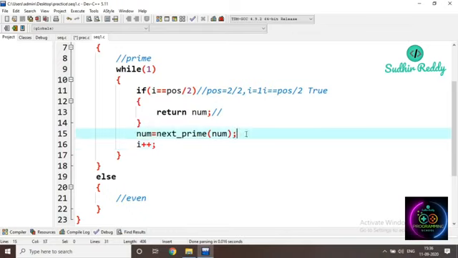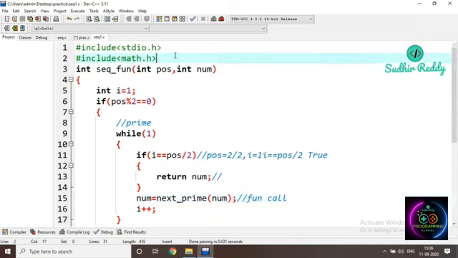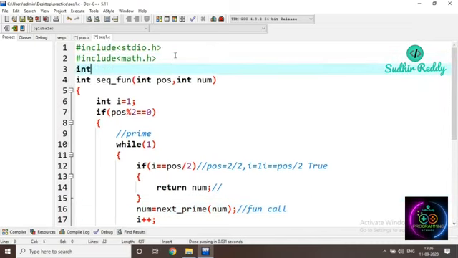Now I am going to develop this function. This function is finding the next prime number. That also returns integer values. For example, if it is 2, what is the next prime number after 2? That is 3. What is the next prime number after 3? It is going to be 5. The function is next_prime of int n.